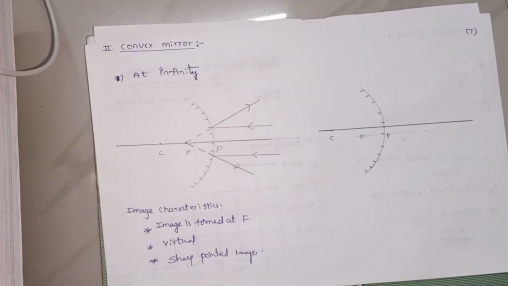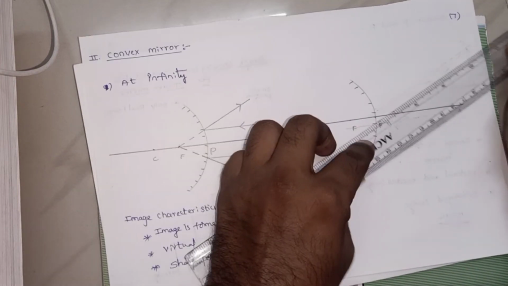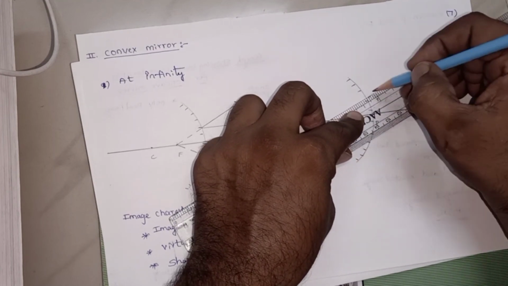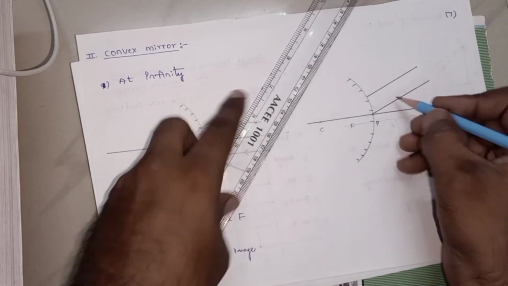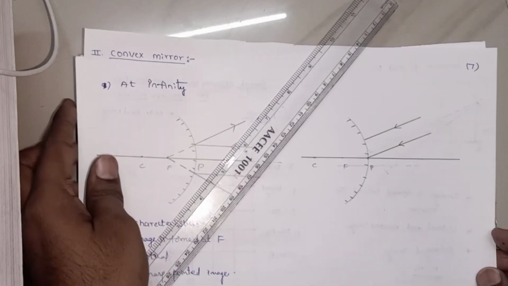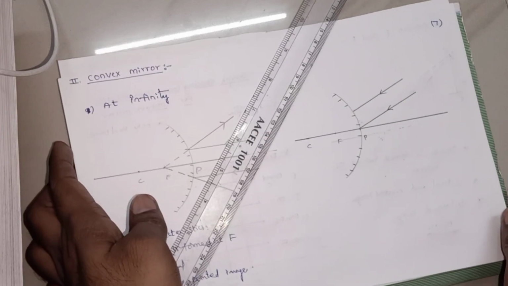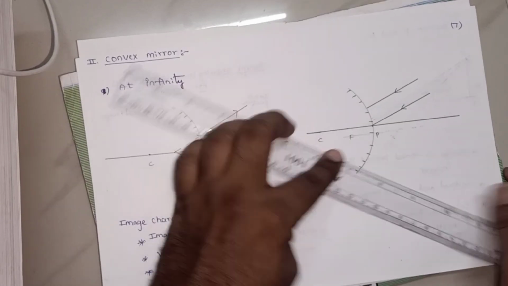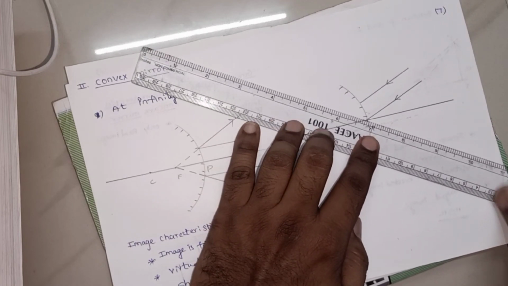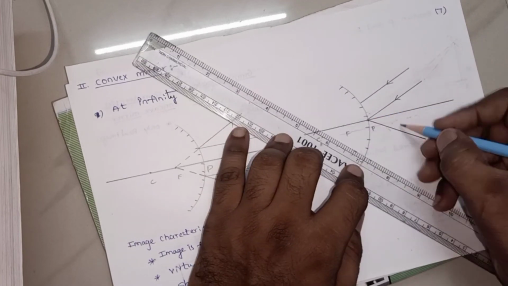Now in the second situation, the rays are parallel but they are making a certain angle. However, they are parallel to each other only. So this is the incident ray, incident beam. Now how will you get the reflected rays? So this is the rule for the ray which is oblique at pole. After reflection it will make the same angle in the opposite direction.